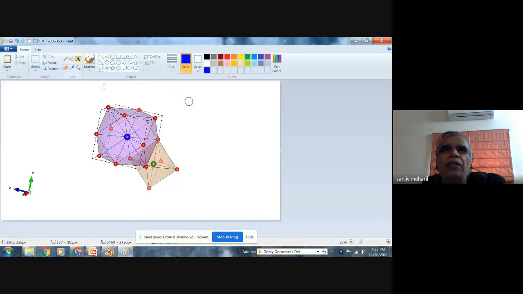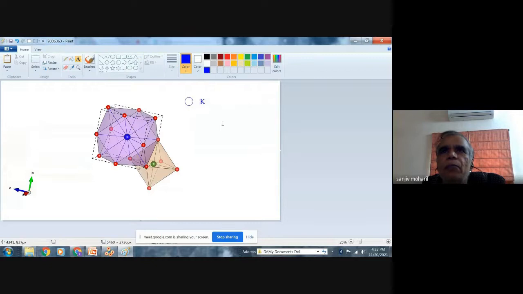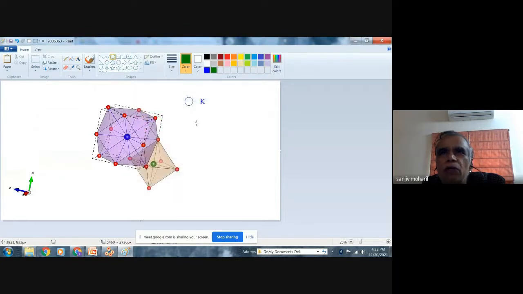This was the potassium atom. And then we had the magnesium atom.